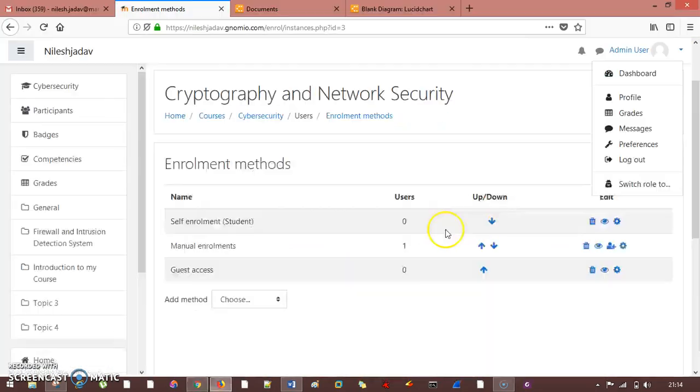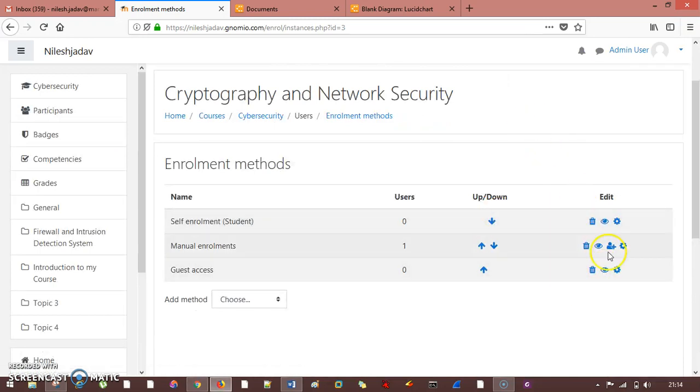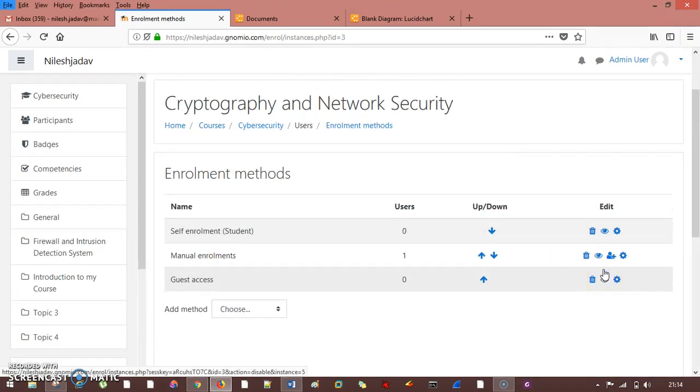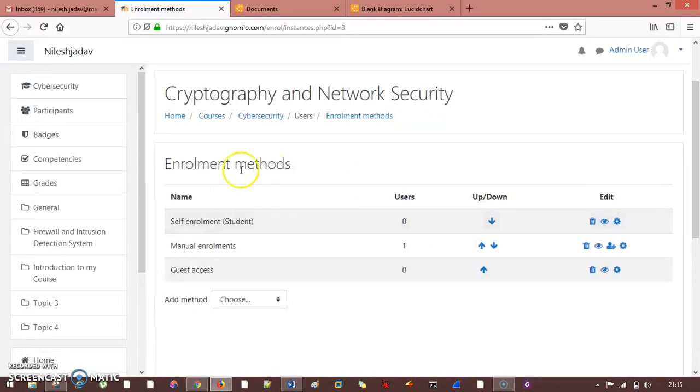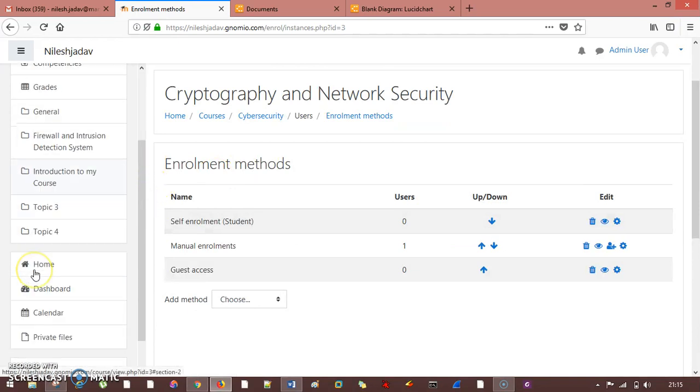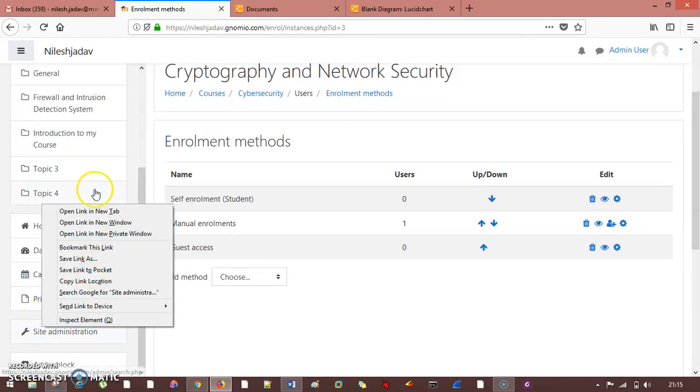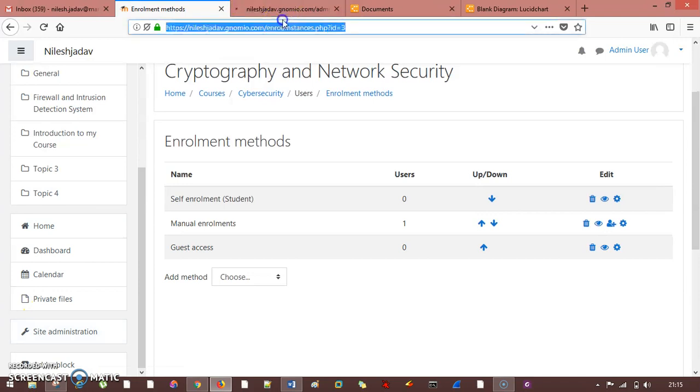This option can be enabled from here. If you select it, it will be enabled, and you can see this login as guest. Basically, if you enable it, it will initially not show over here because this button is not there. So to enable this button, go to your site administration, go to the site administration, and then